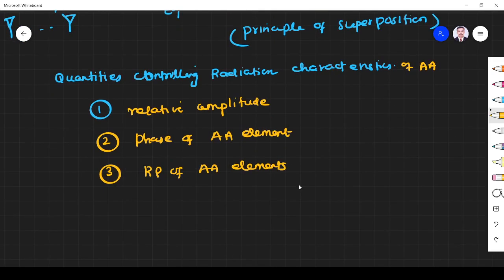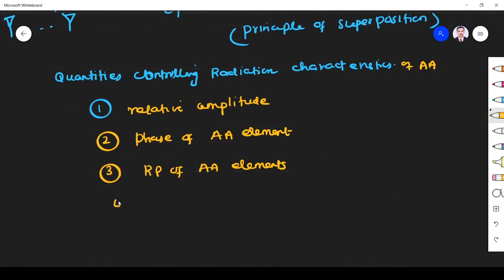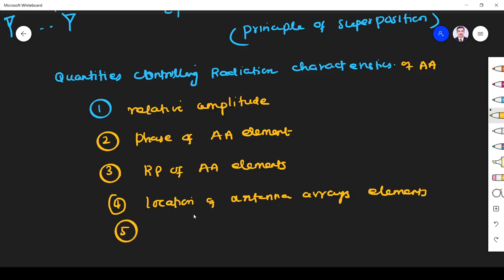And the fourth one is the location of antenna array elements, right? How the antenna array elements are located will also control the total radiation characteristics of the antenna array.